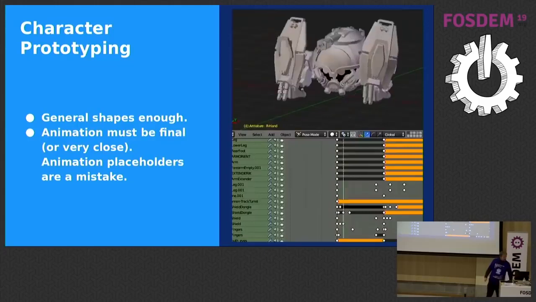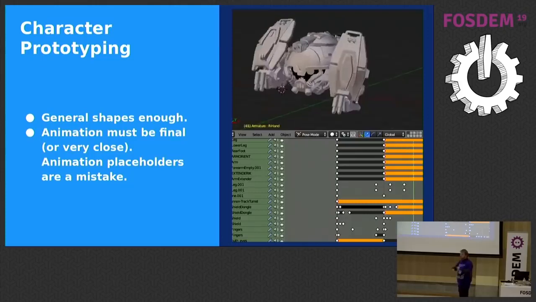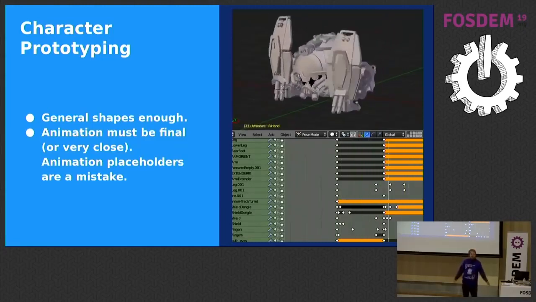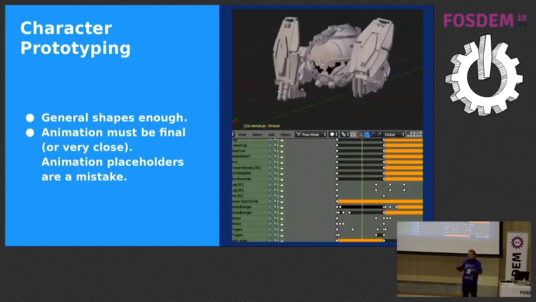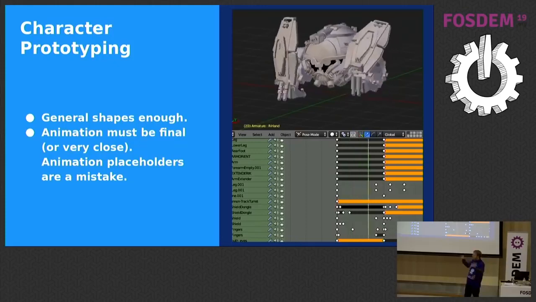So afterwards, we did character prototyping. If there is something I learned in the game industry, it is that when you prototype, the art cannot be final. You can even put cubes somewhere or maybe more detailed geometry for your characters, for everything. But the animation has to be near final or final, because part of your gameplay is the animation, always in a game, or most types of game. If you're going to do something, the animations have to be near final. Just using placeholder animation is asking for trouble, because animation is part of the core mechanic almost always in a game. If it's 3D, pretty much always.